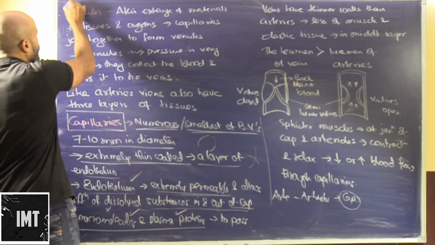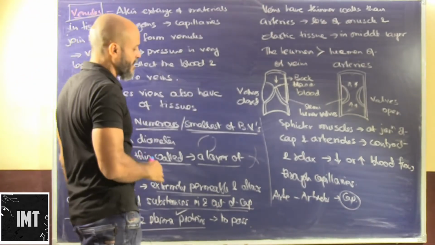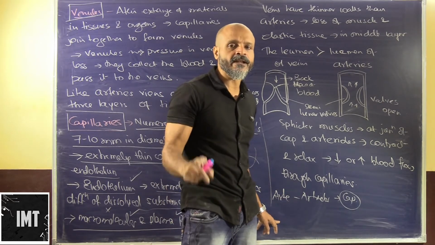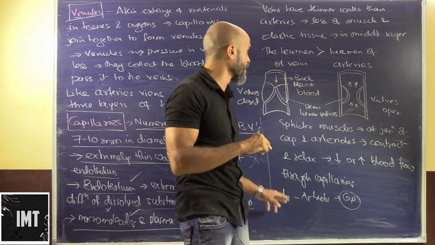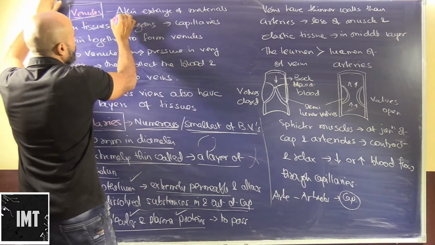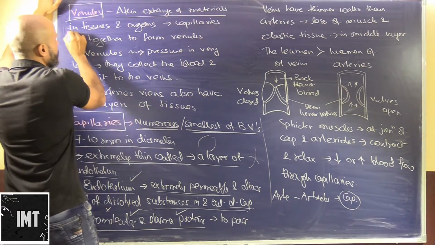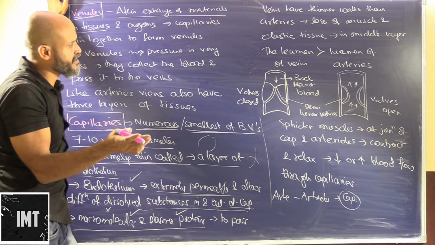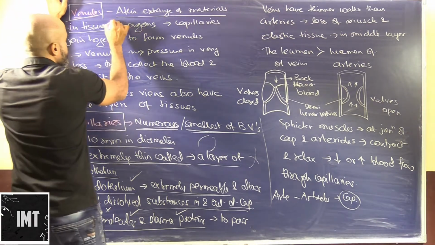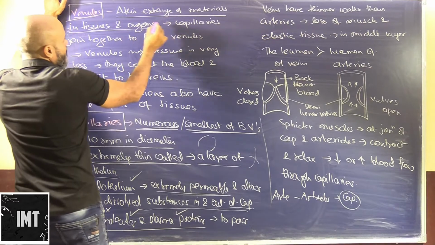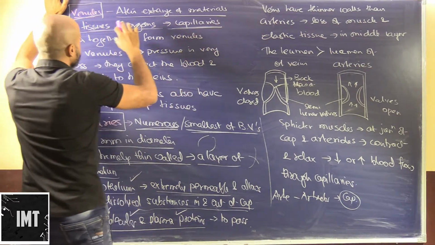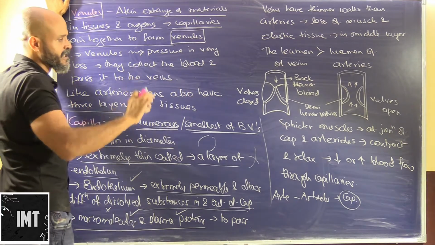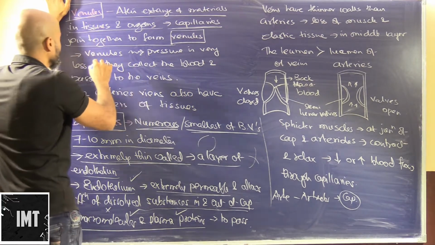Okay, now we have got venules. Just as we saw, arteries branch out into arterioles, and the same way veins branch out into venules. So these venules are what? After the exchange of materials in tissues, so after oxygen, let's say, has been given and the nutrients have been exchanged, this blood goes into the capillaries. Capillaries join together to form the venules.